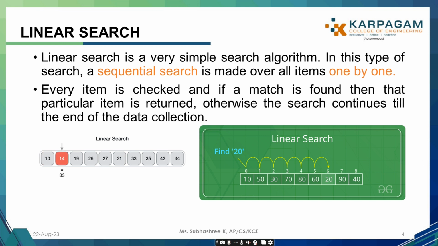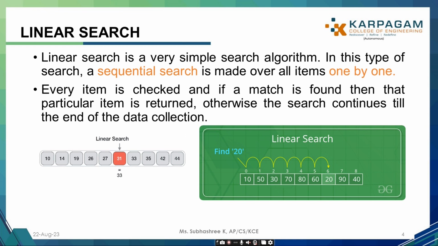Coming to the next example, given an array of n elements, n equal to 9, it ranges from index 0 to 8. You have to find the value 20, which is located at index 6. Starting with the 0th index, it has to iterate through index 8 and stop if the element is found. Starting with index 0, naming the array as A,